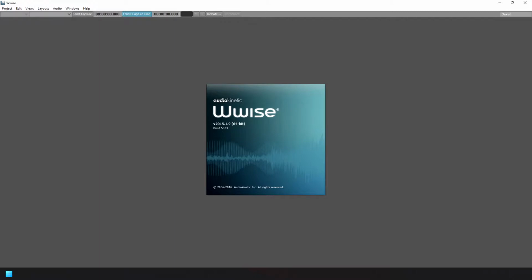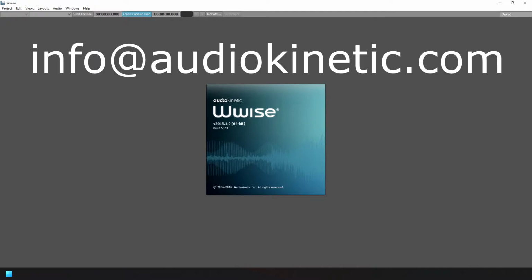The problem is that for the installation of the program it requires you to log in, which is no longer possible. In order to bypass this, you're going to need to contact the Audiokinetic support team via email, and write them you are making a mod for Civilization 6 and require this version of Wwise that is no longer possible to install. They should go back to you with a couple of files that allow you to access the free version of the program.